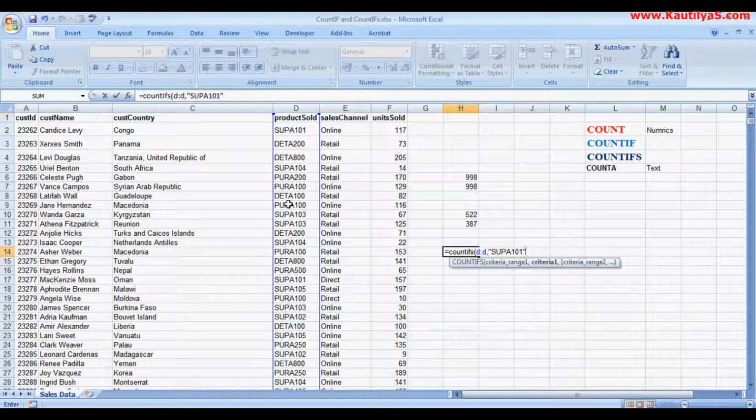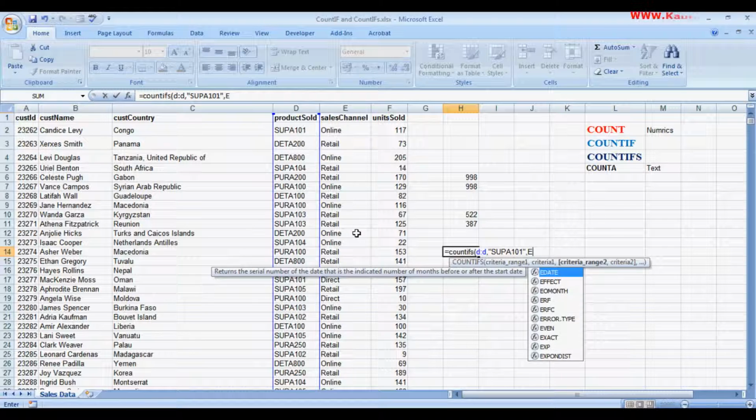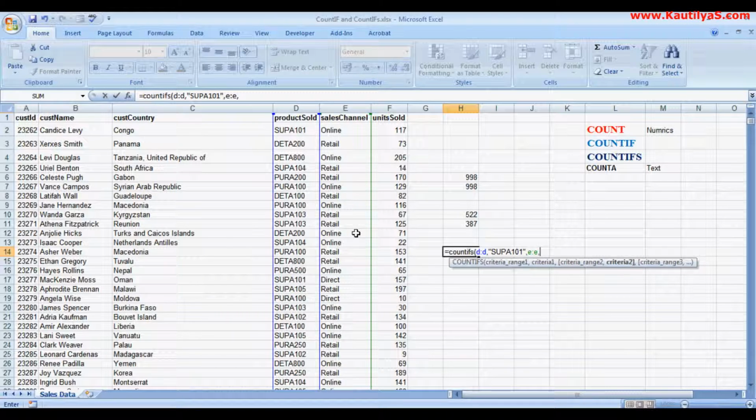Criteria range 2 is the sales channel, so E to E. Then we want to know how many times this product has been sold online, so online.